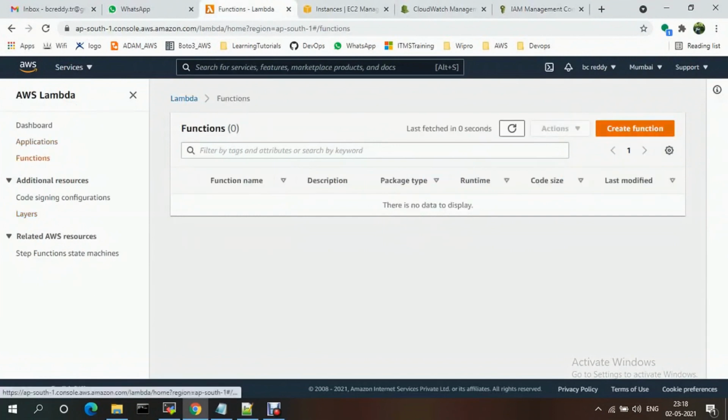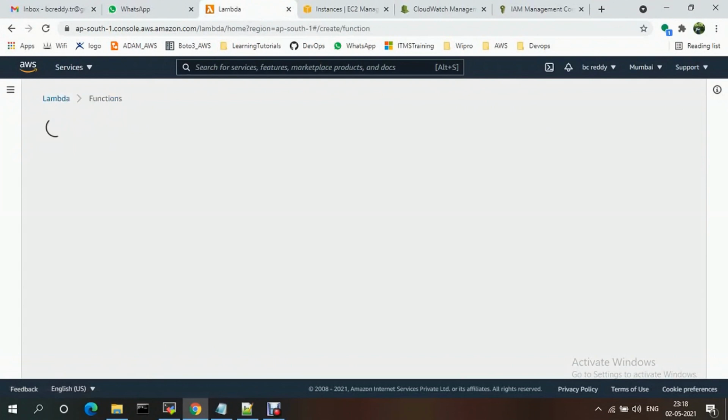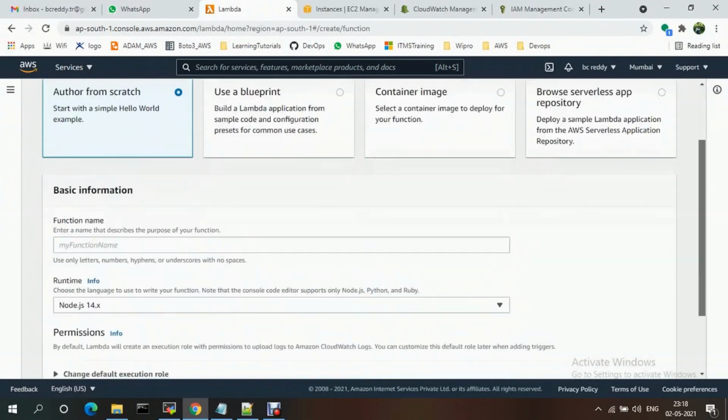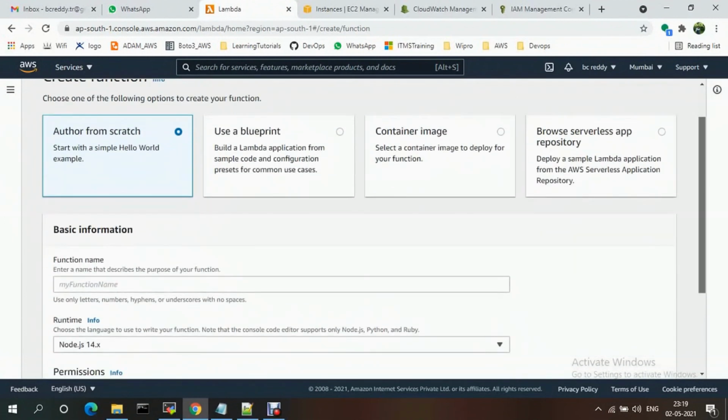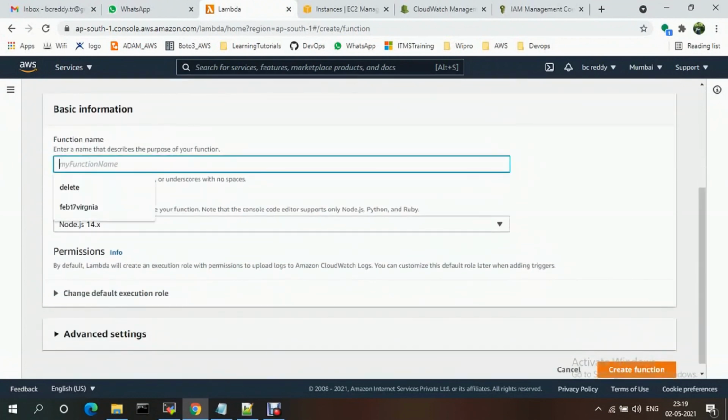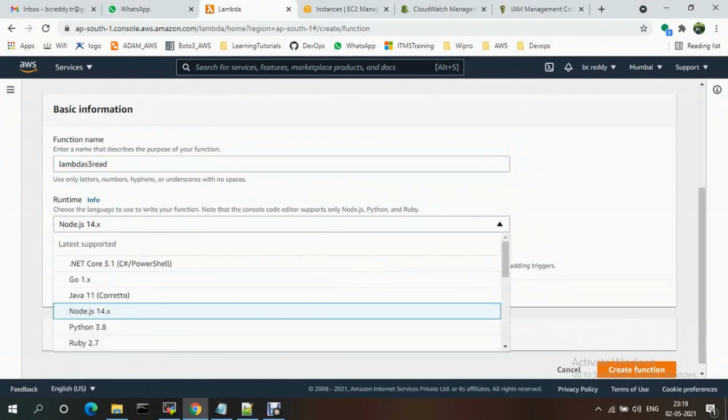Now I'm going with Lambda functions and creating the function. For now I'm going with create from scratch, author from scratch. My function name is Lambda S3 read. My runtime is Python 3.8.